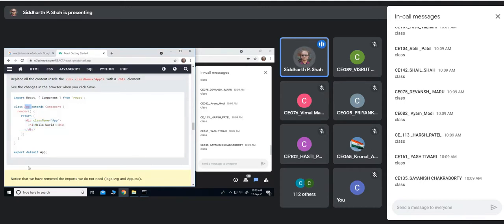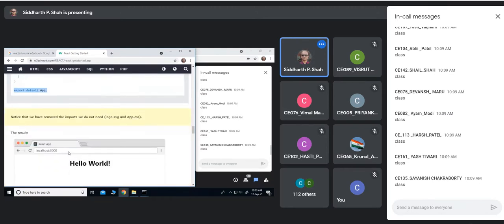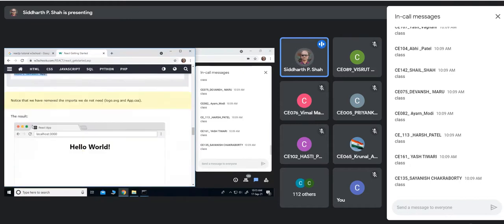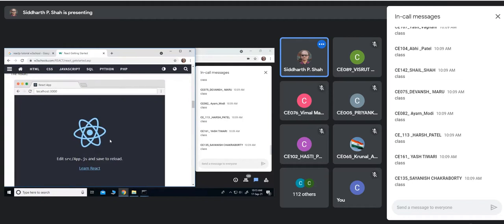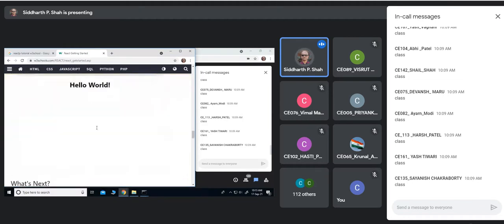And don't forget to write this part at the end, export default App. And this App component is actually used in index.js. So if you change that part, you can see how your output is also changed, from this to this.